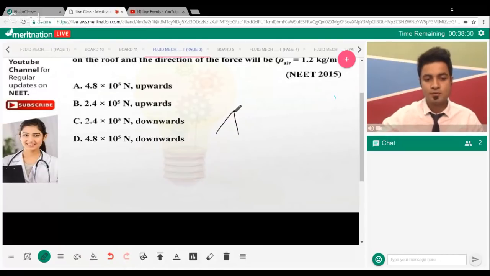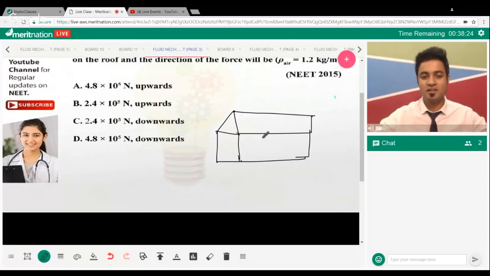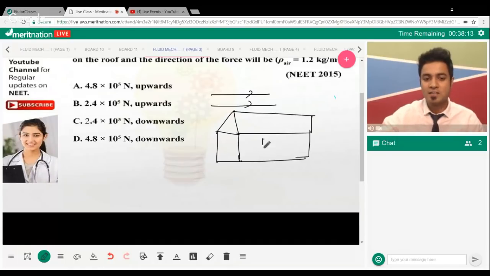So this is, suppose, I'm going to make, guys, I'm very bad at drawing, seriously, so I'm just making a small illustration here. So yes, what is happening here, the wind is blowing at the top of the roof. And here also inside the home, the pressure, I'm going to just make it as p naught, because they have already told us that the pressure inside the house is p naught, means the atmospheric pressure. It's already given